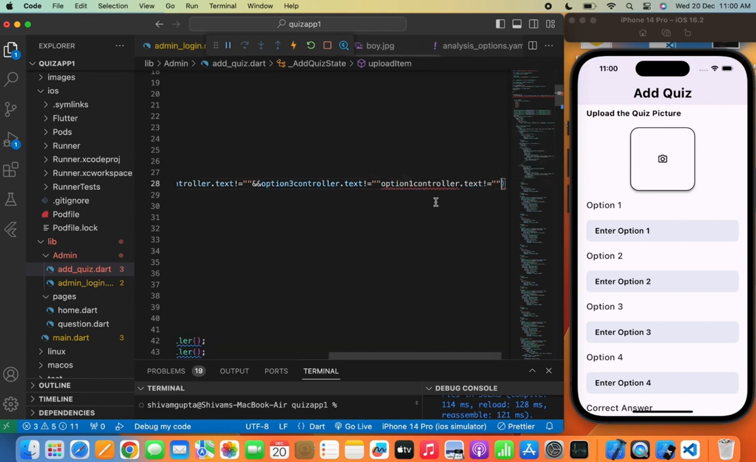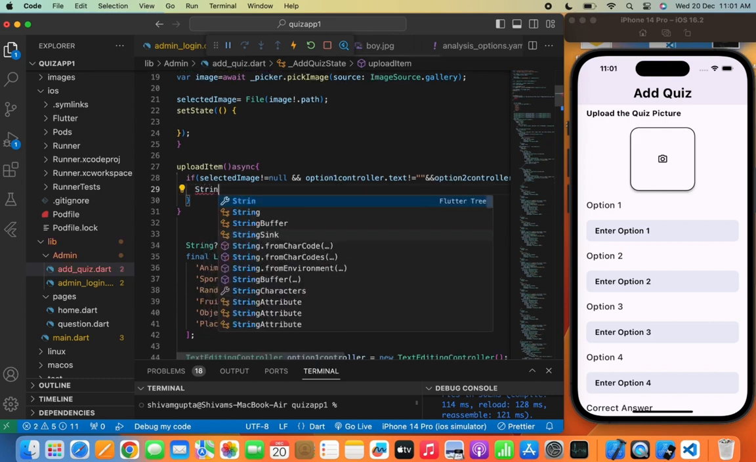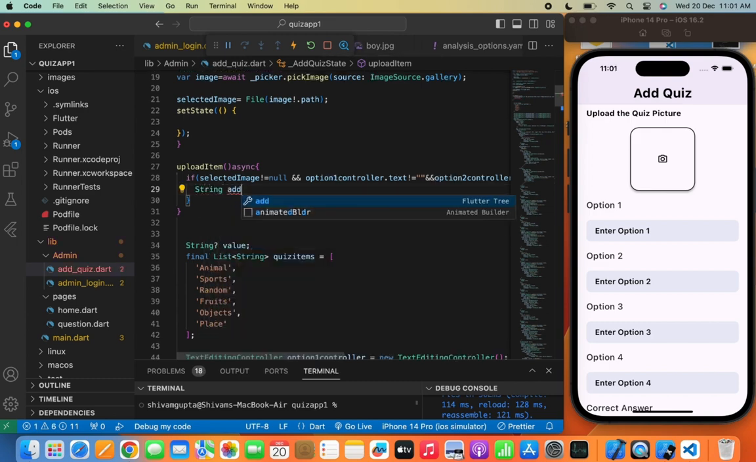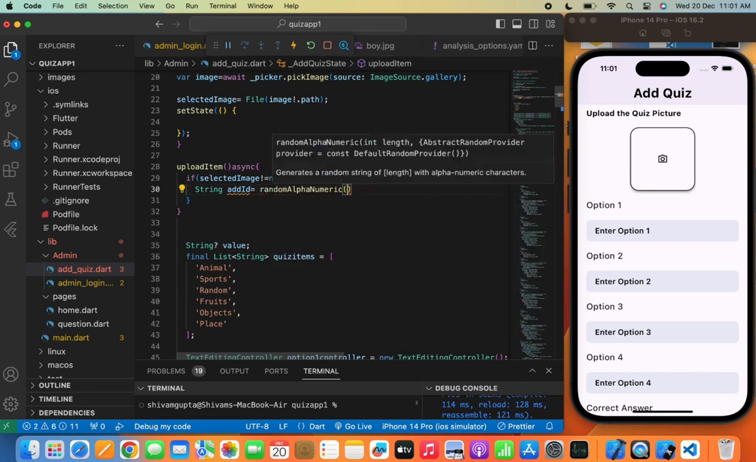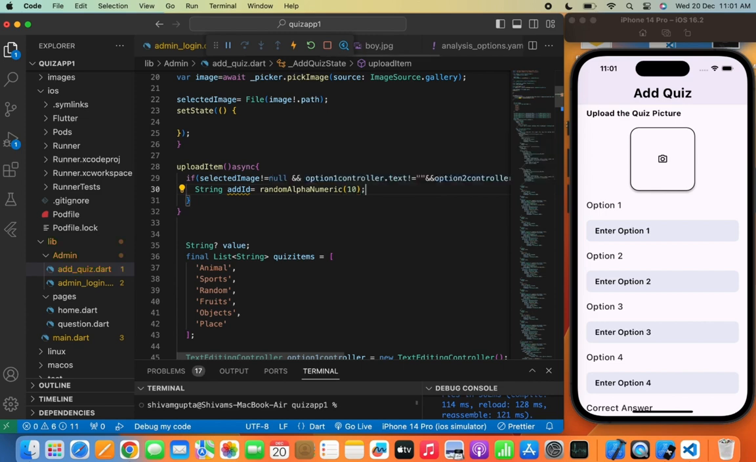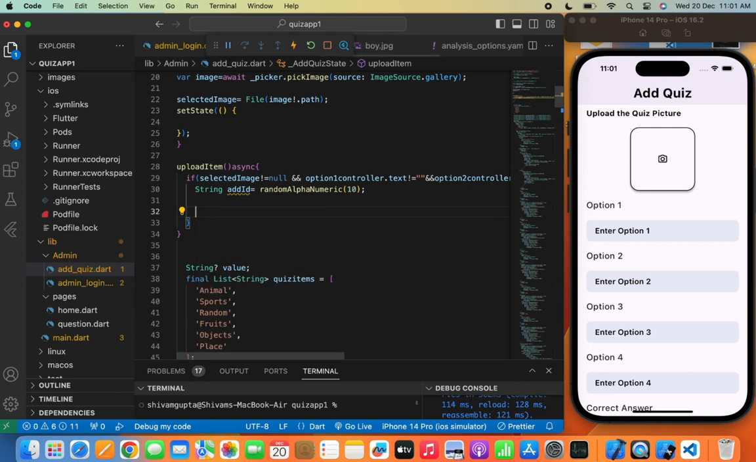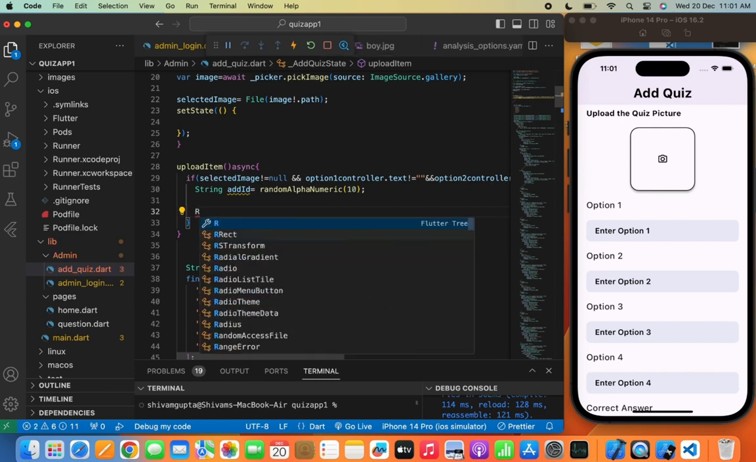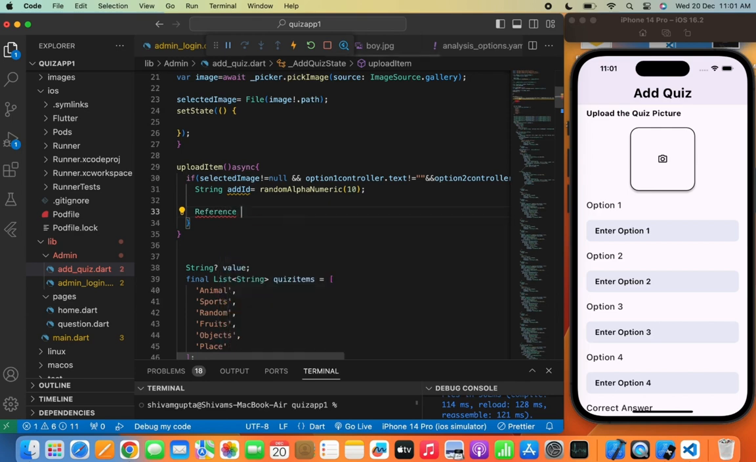This is a necessary part because if you don't write the if case here and directly upload the image to Firebase, then you might face an error in your app. Now string add id. So here we are going to use a random alphanumeric 10. Basically the random string is used because, as I told, I need to assign a random id. So we'll use random alphanumeric 10 here. Now reference,